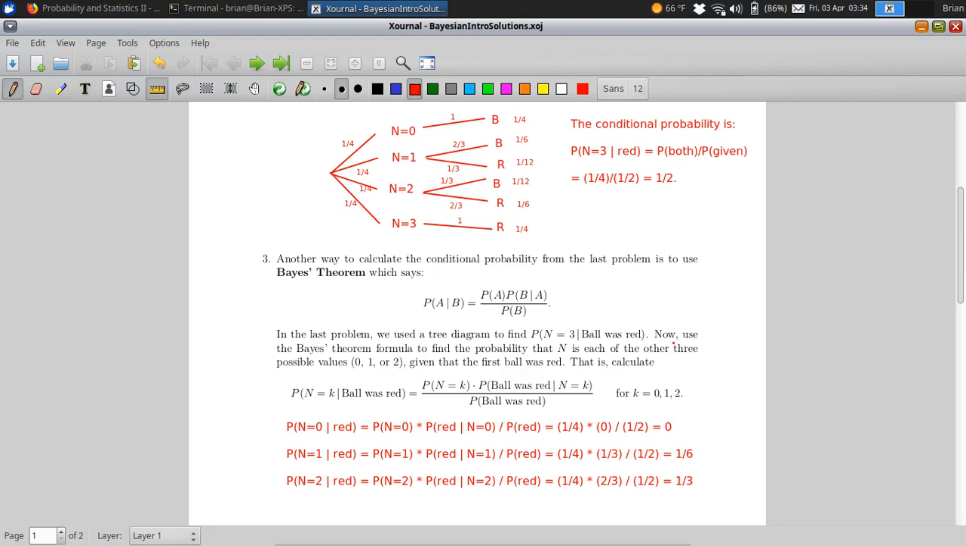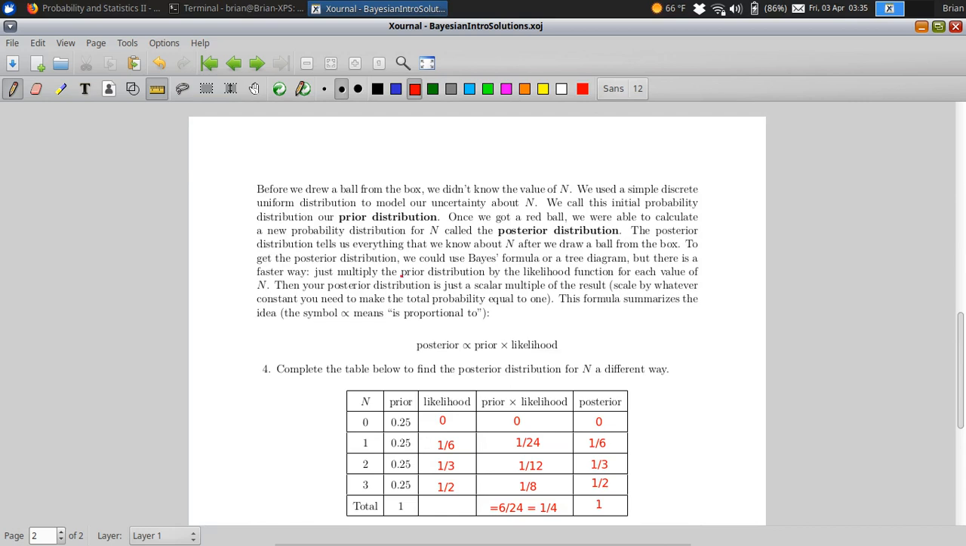Okay, so we have these. Each one of these is a conditional probability, so we have 4 different conditional probabilities for the different possible values of n, given that we've made this observation that we got a red ball on our first try. And we call this collection of conditional probabilities the posterior distribution. And so if you go over here to the next page, I tell you a little bit about the terminology